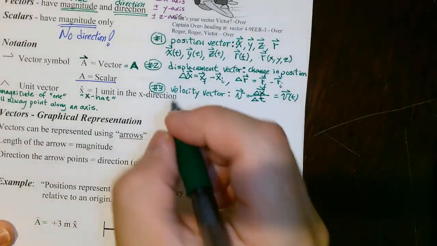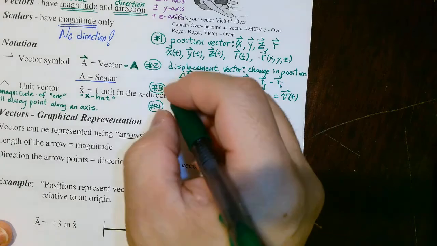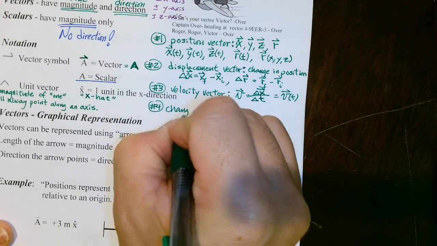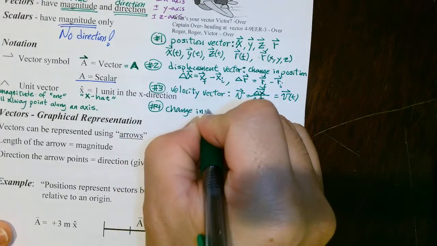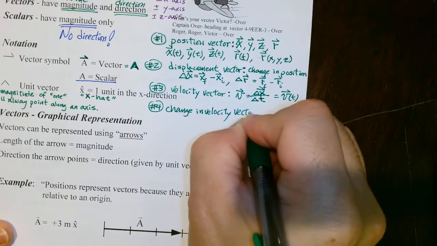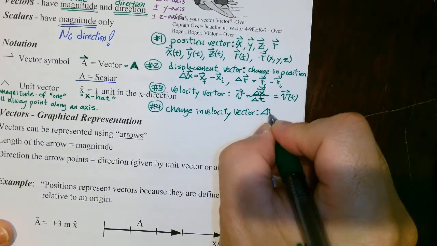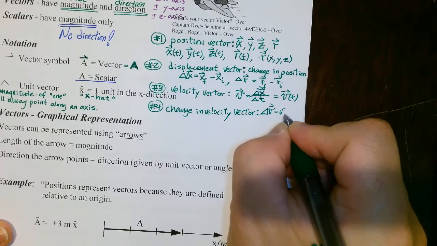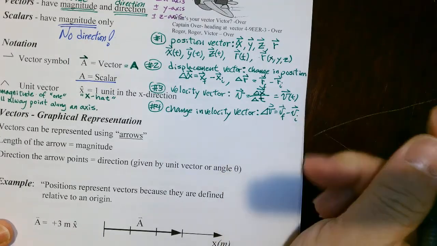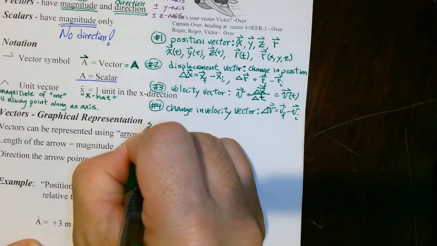All right? And fourth is the change in velocity vector, and that's kind of obvious, right? And change in velocity vector is simply just delta v, right? Which is vf minus vi. Okay? Fifth